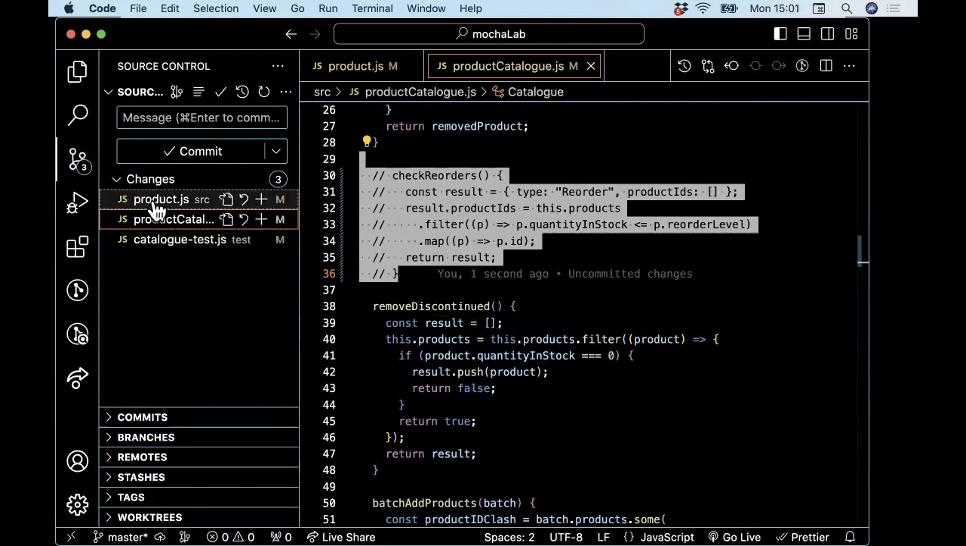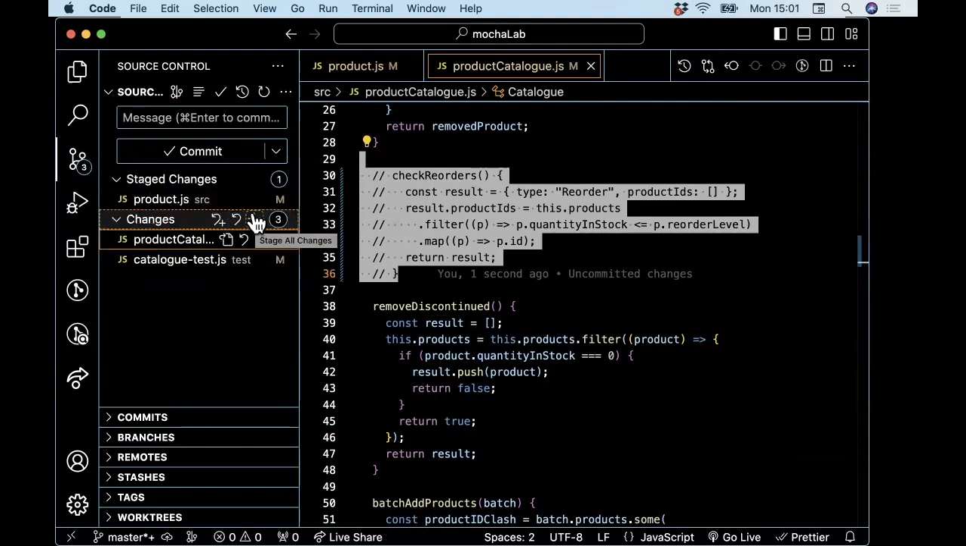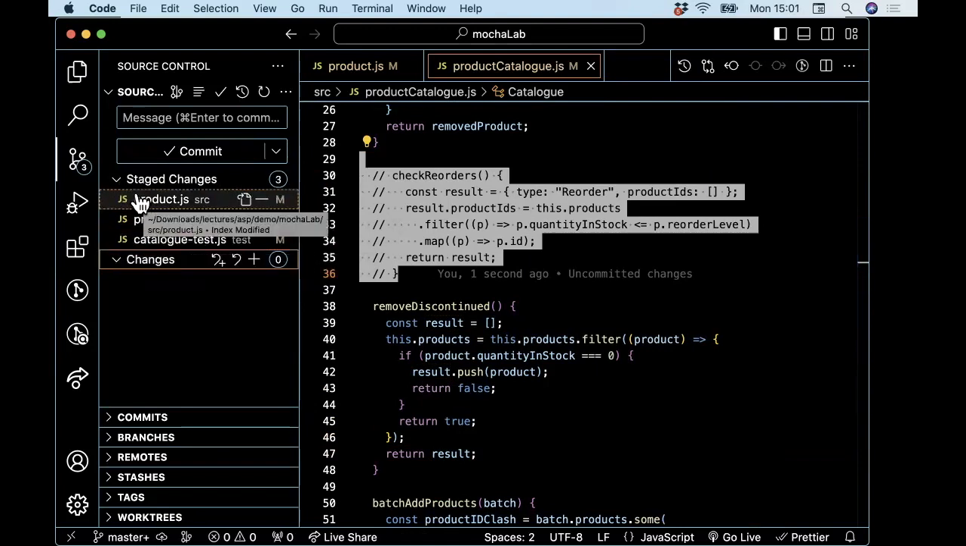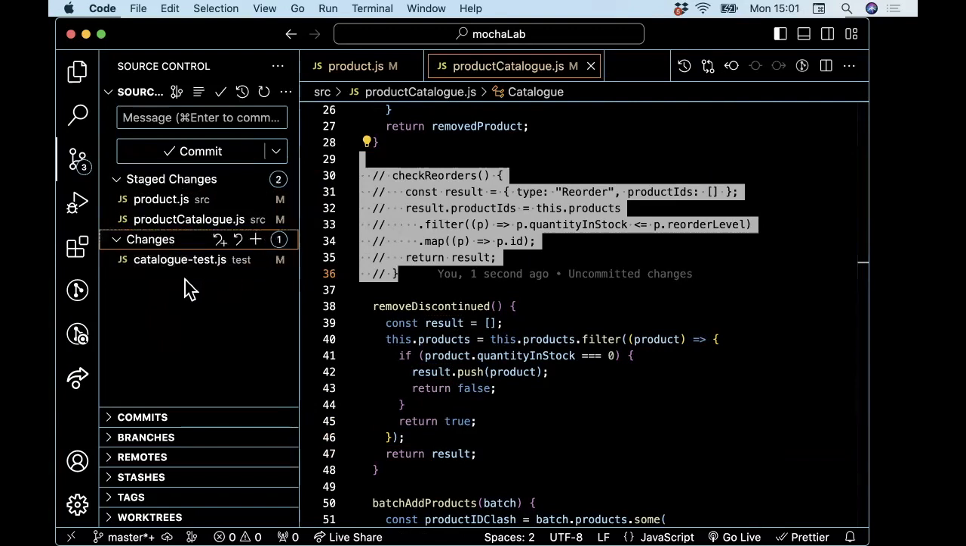Supposing I only want to stage these 2 and not the third one. Well, I can just stage them individually like that. So now there's 2 files that I've staged. There's 2 files that I've staged, and the third file is just unstaged. And so if I do a commit now, let's not worry about the detail of the message. I commit,